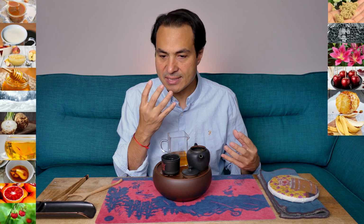Okay, second infusion. The crunch is coming out. More mineral. Okay, it's not crunchy, but it's got that metal smell that I was talking about, the snow, the ice on the middle of my tongue. I always struggle to explain these feelings. We have to create words, but it's like it has a bright